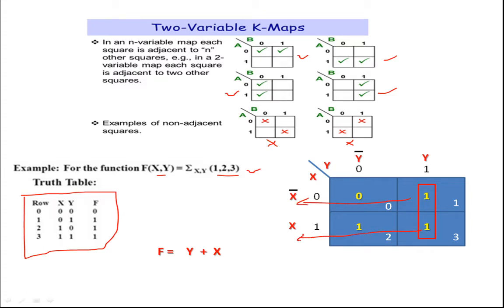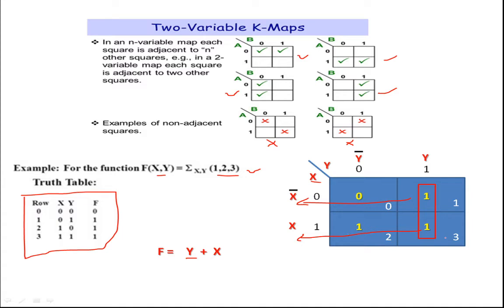As I told you, at a given point of time, a variable should contain either 0 or 1. So the value of x is either 0 or 1, so this we cannot consider. But for these two ones, the value of y is 1, so we consider y as a part of my final expression.